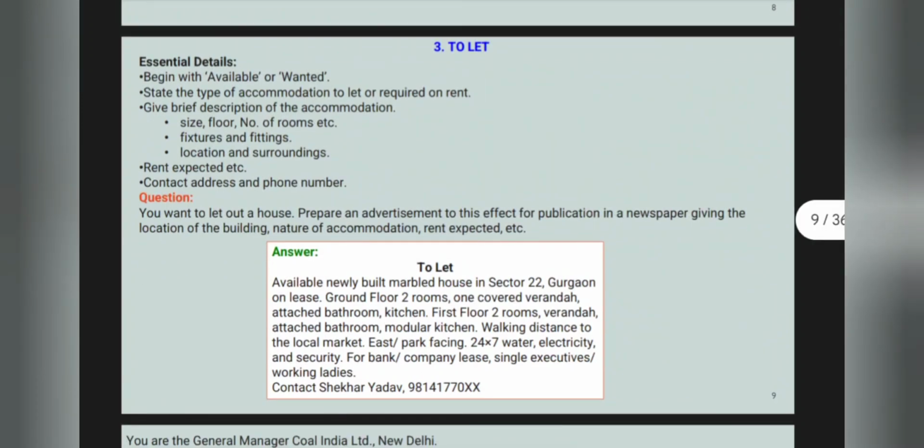Just like in this example, we have written that there are newly built marbled houses in Sector 2, Gurgaon, on lease. There's 24/7 water, electricity, and security. There are 2 rooms, 2 BHKs, as well as an attached kitchen and bathrooms, and many more facilities. Working ladies, single executives, company on lease, for bank. This is all the information you should give while you are writing